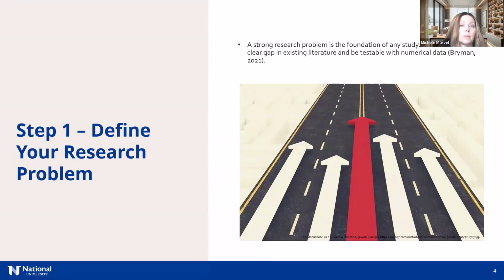These kinds of statements might be interesting, but they're not specific enough to generate measurable questions, testable hypotheses, and to make appropriate methodological choices. So they're good starting points, but you would need to then go and read literature on those topics and in that field, and then see what needs to be studied. Instead of starting with a topic and then trying to find literature to support it, look at the literature and say, what does the literature say needs to be studied, and build your topic from there,